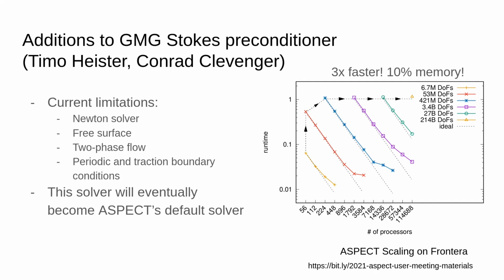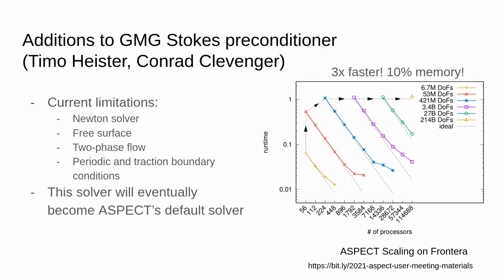But basically, the things to remember is it's about 3 times faster and uses about 1/10 of the memory compared to the old solver. And so you can run potentially 10 times bigger models, and you can run them 3 times faster and with better scaling. So the limitations that Rene lists here is Newton solver doesn't work, free surface doesn't work, two-phase flow doesn't work,